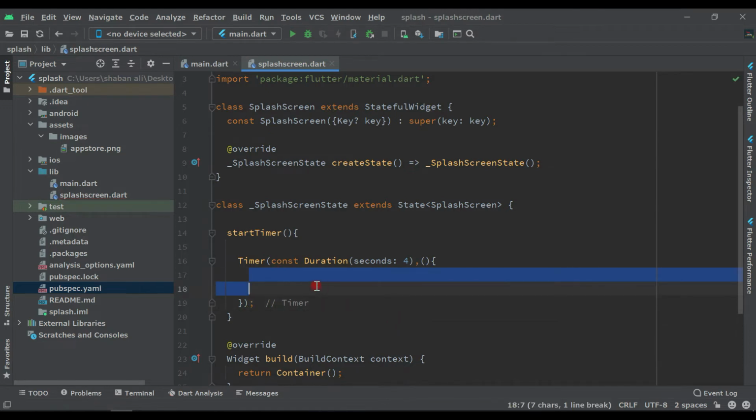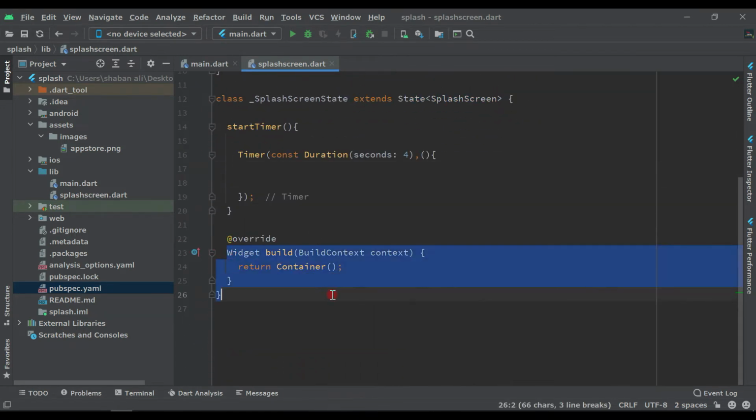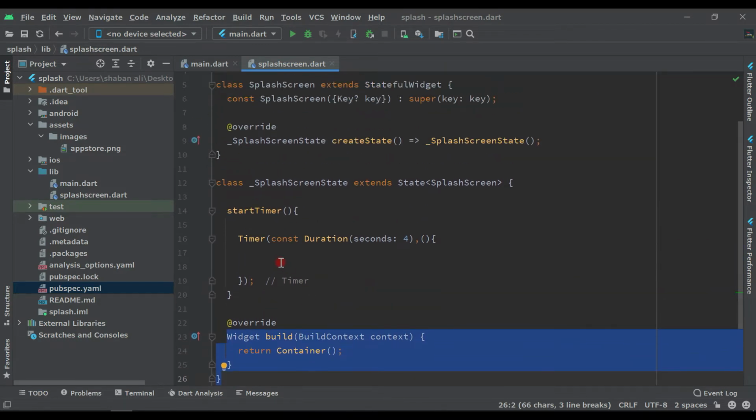Inside this timer function, we have to pass the screen where we want to send the user. I mean, we will display our splash screen, then after displaying for seconds, we have to pass where to send.